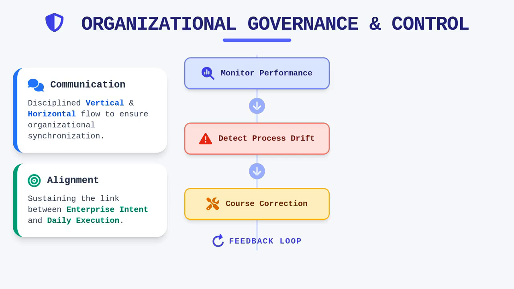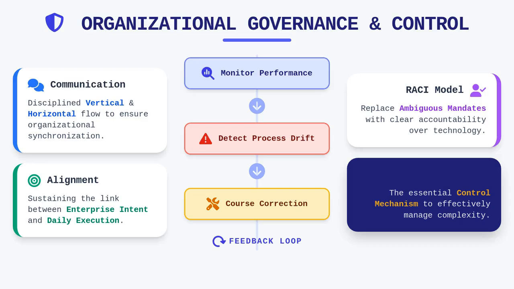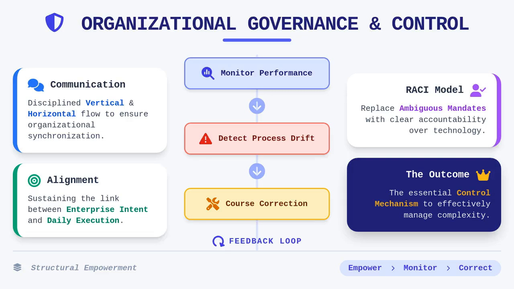You should consider whether the existing committees and departments in your own environment have clearly identified RACI assignments for their critical activities. Often, you will find that governance failures are not the result of poor technology, but rather the result of ambiguous mandates and lack of accountability among structural units. Mastering these two components provides you with the control necessary to manage complexity effectively.